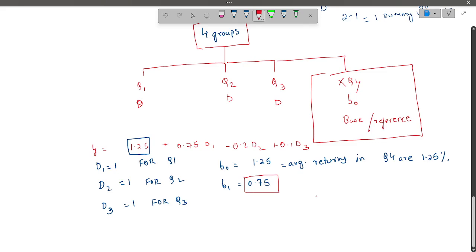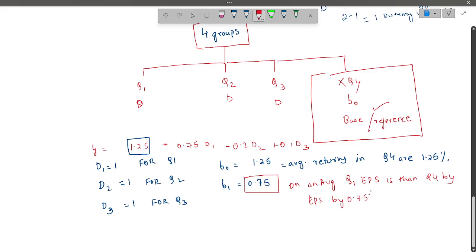No, not other quarters. The base quarter, the Q4. Base quarter, Q4. Because we are not creating a dummy for it, right? For Q4. So B1, B2, B3 are going to tell me how much on an average the returns differ from Q4, right? So we are going to say that on an average Q1 EPS is higher than Q4 EPS by 0.75